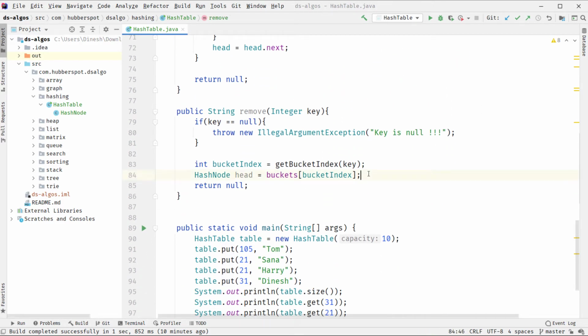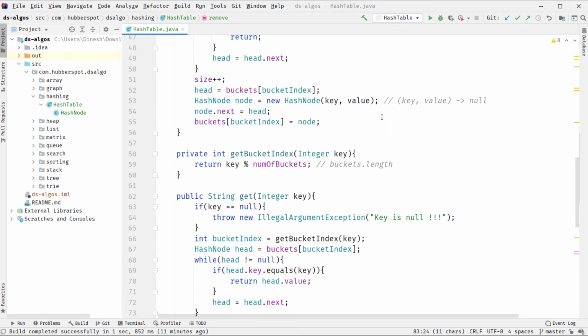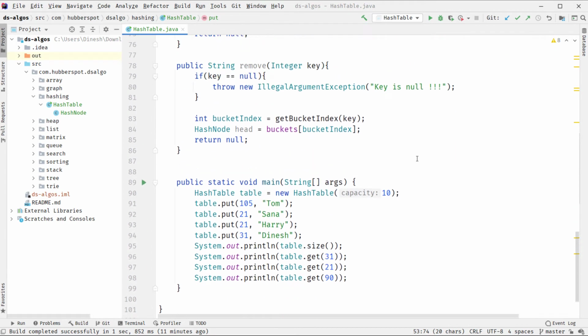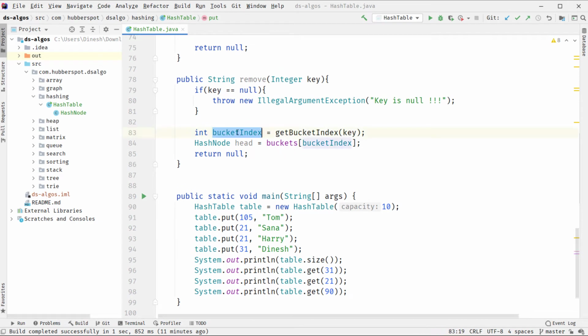Now, in order to remove a key, let's say at this index, if I simply copy this part, and here at this index, let's say we have this list of hash nodes, something like key as 21, value as Tom.